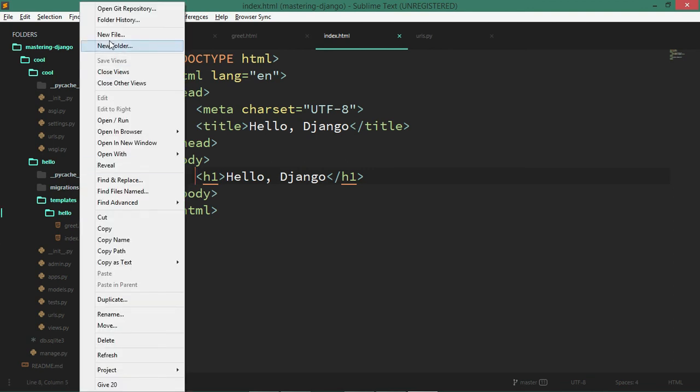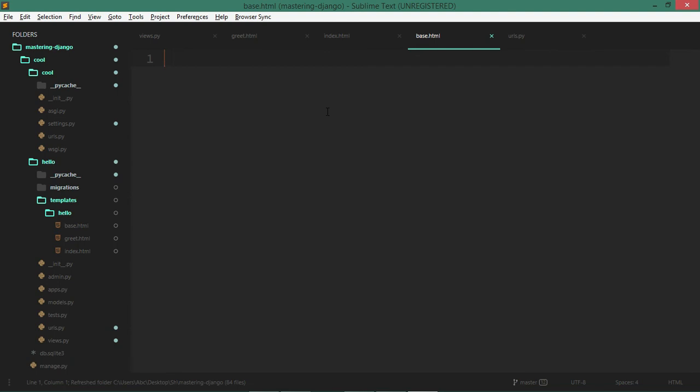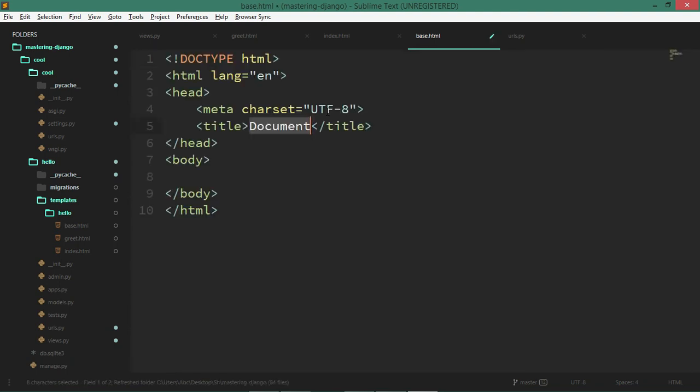I can create a file. You can just call it anything. By convention, it is called base.html. You can really call it anything. I'm just saying, have a base.html, and this is going to be my main layout. And I'll say, again, another wildcard of either Jinja or Django's templating language. Both of them are really similar to each other.